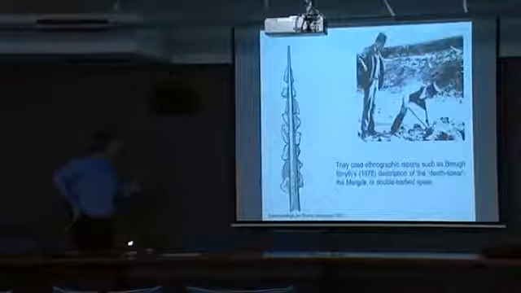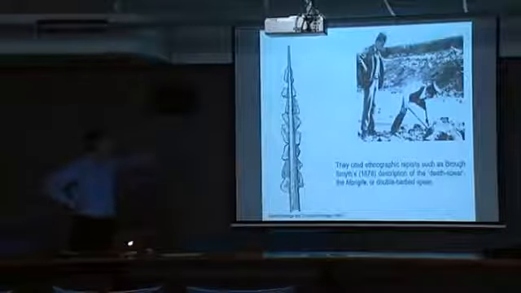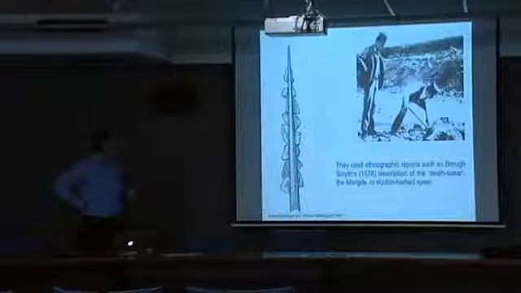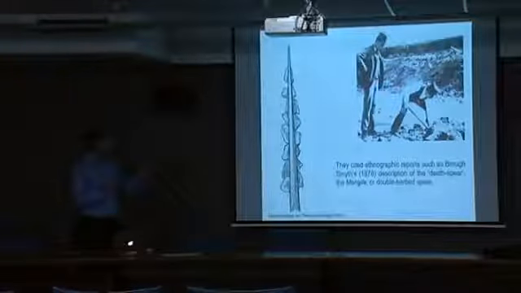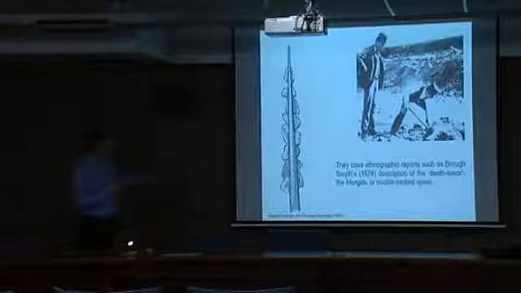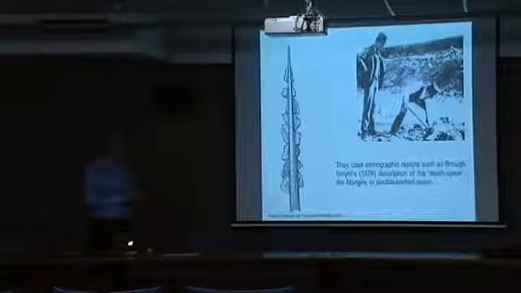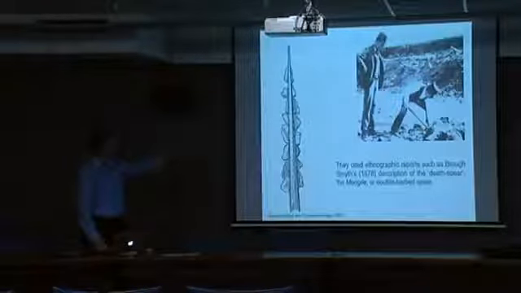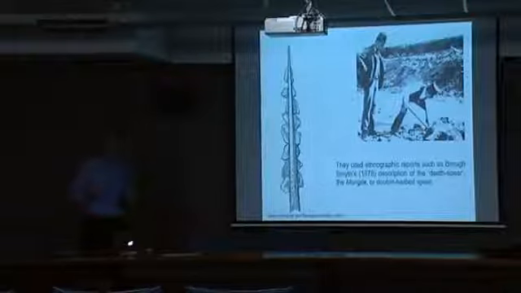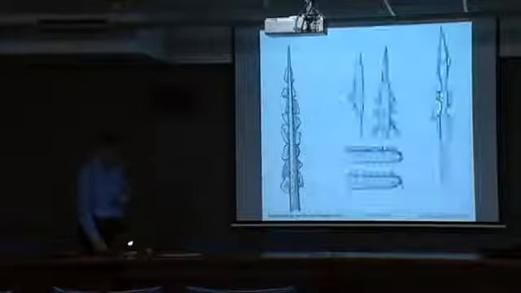Now, the original paper by Etheridge and Whitelegge cited reports such as Brough Smyth's description of the death spear. We now know that, first of all, the death spears are not real in Australia. They're a post-contact depiction. Secondly, the backed artefacts disappeared more than 1,000 to 2,000 years ago, so they don't have a real connection with the ethnographic record. So a lot of the attempts were understandable attempts to understand these archaeological objects by reference to the ethnography. That was the first thing that people tried, but it didn't terribly work.